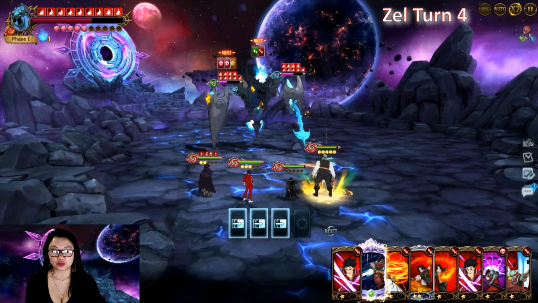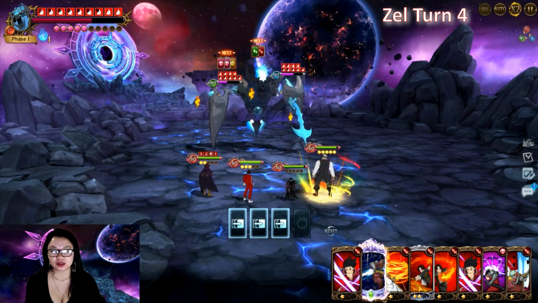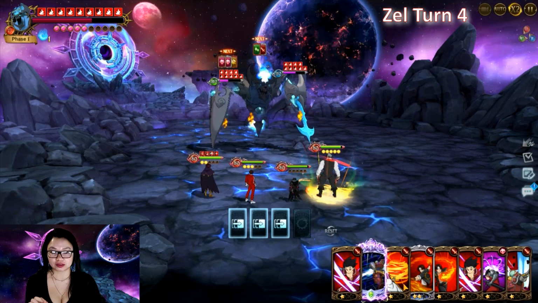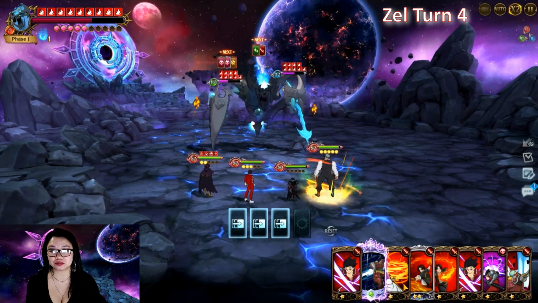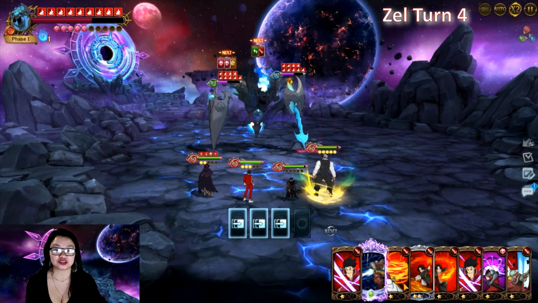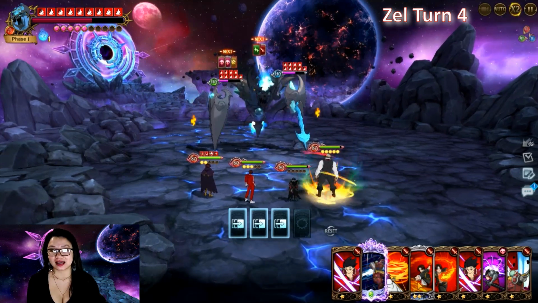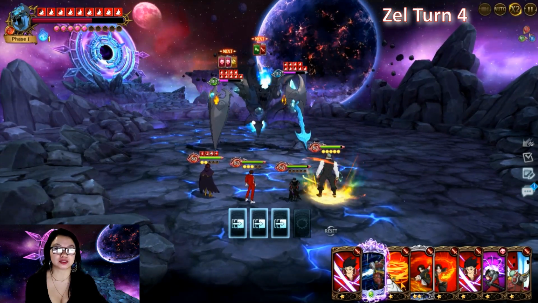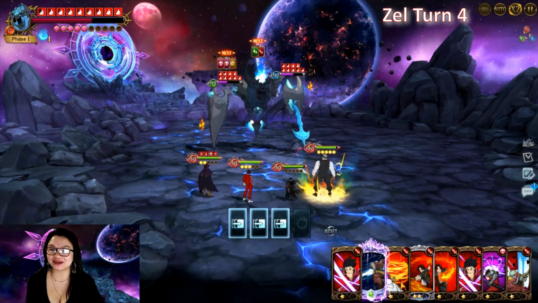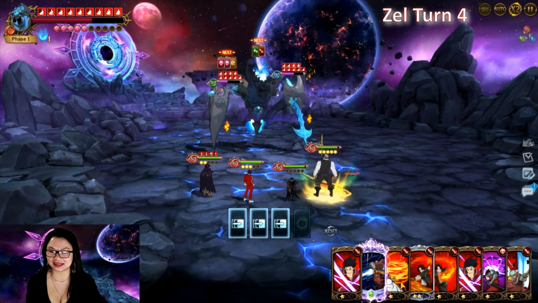So turn 4, again, we're building Keo's ult and we're building Monspeet's ult. So on turn 4, we're going to go ahead and just move Keo 3 times, and use one of his cards. And I think at this point, this is where I started lagging on BlueStacks. So if I could just hurry up and get back into it. But I think I'm going to use the